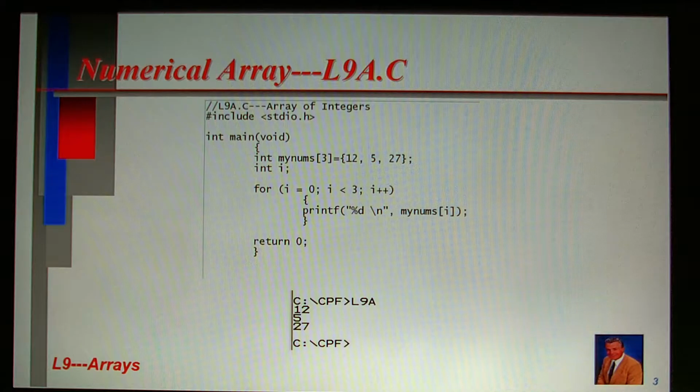So let's take a look at the processing part. for (i = 0; i < 3; i++) { printf("%d\n", mynums[i]); }